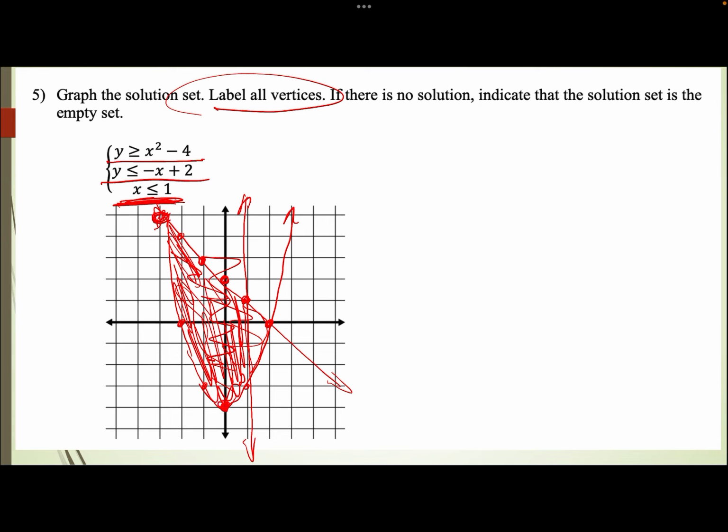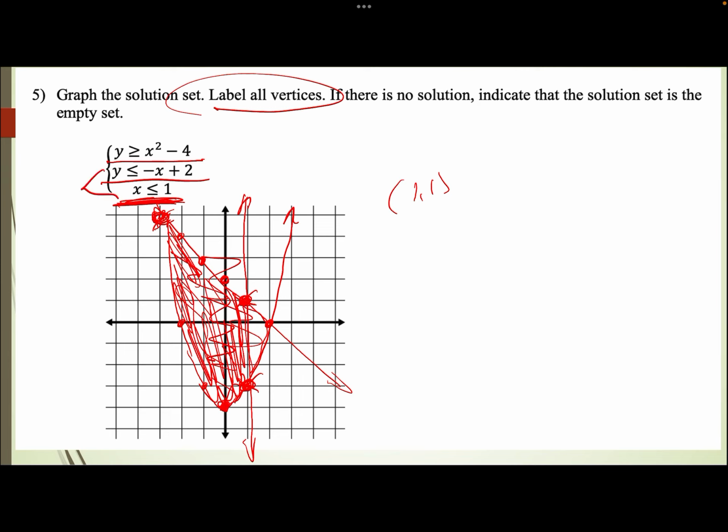Nope, that's not a vertex. It's where they cross, sorry. I don't need that as a vertex. Here, and so I got here, and here, and here. Well, that one looks like 1, 1. And if you want to make sure, you just make sure it fits into the 2 lines that it crossed,